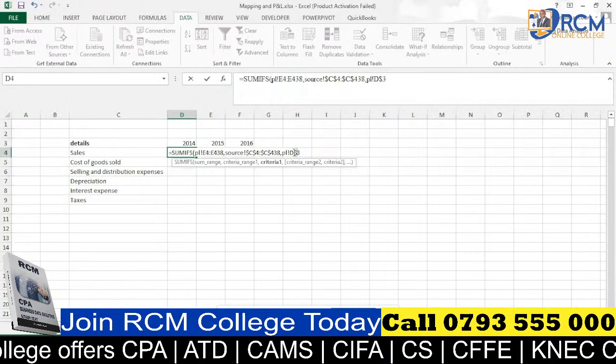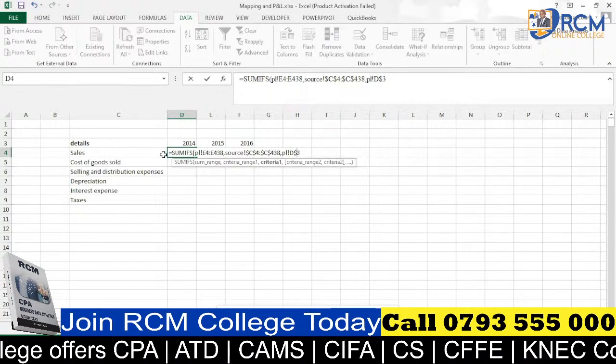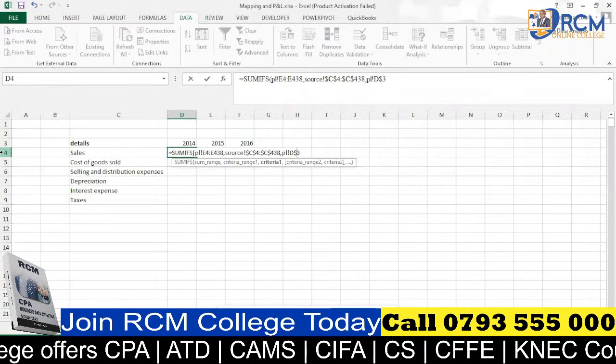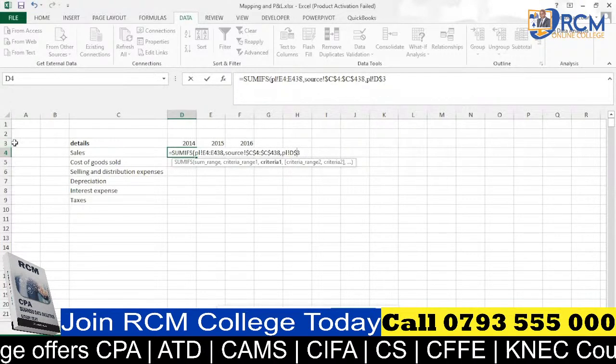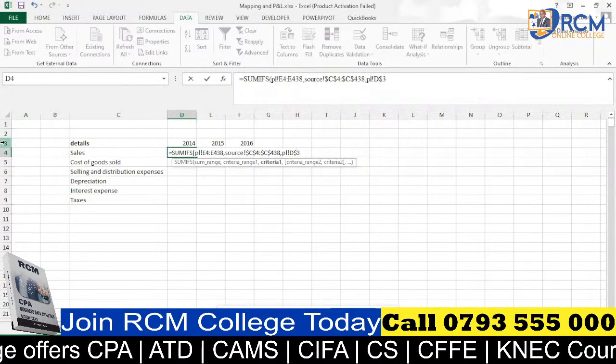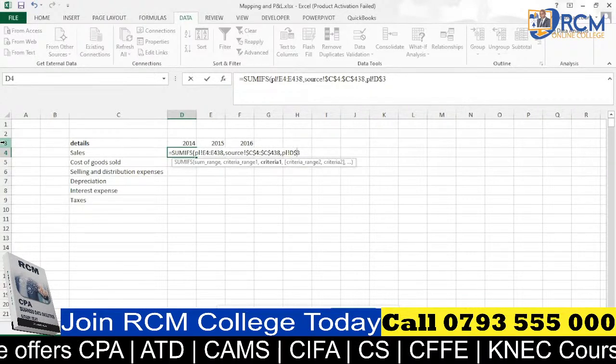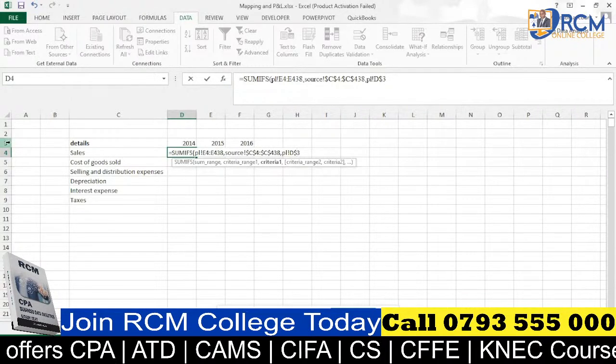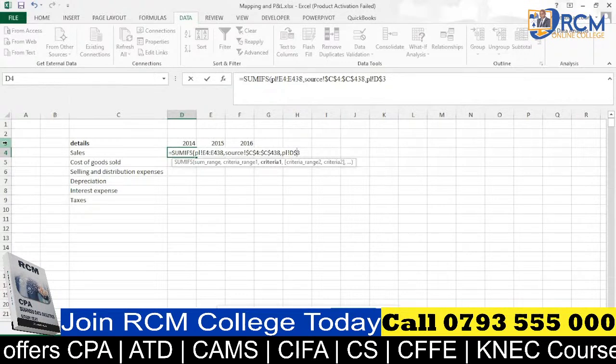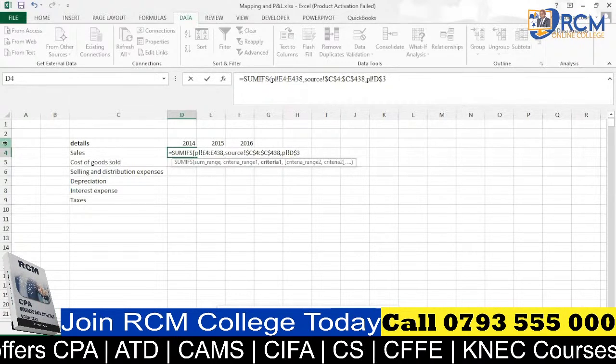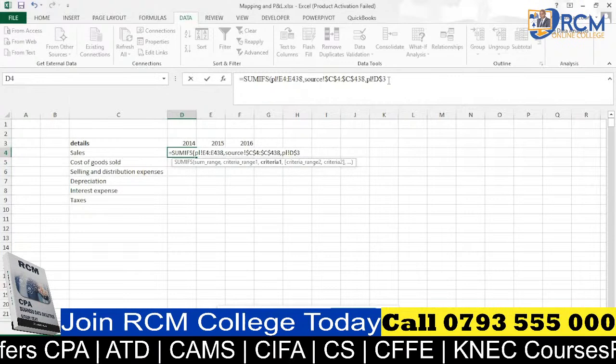And what does this 3 represent? 3 represents the row, but the letters represent the columns. So we want to lock our title row, which is row 3, and therefore place our $sign before 3. So we are now